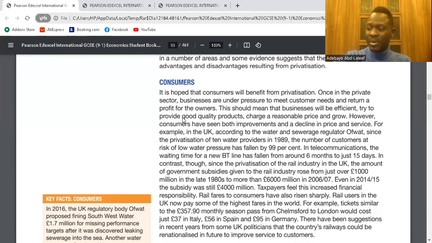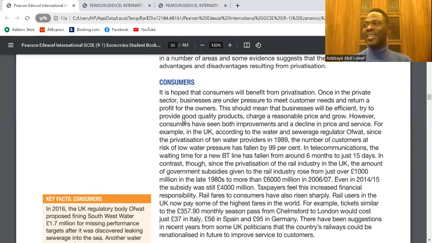So if businesses have to improve on it, they need to do it without increasing their cost of production. Because if in the course of trying to improve the quality, they incur more cost, it means their profit will be less, because there's a limit to the price you can sell to consumers. So you want to sell at an affordable price to consumers. At the same time, you need to think about the shareholders. They need the return on their investment. So you have to strike a balance. And striking the balance makes it efficient.